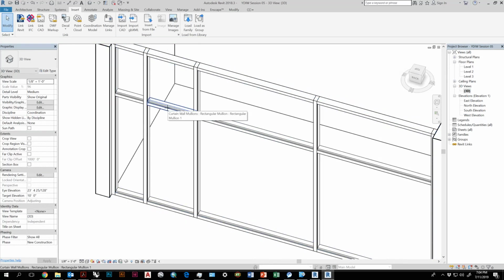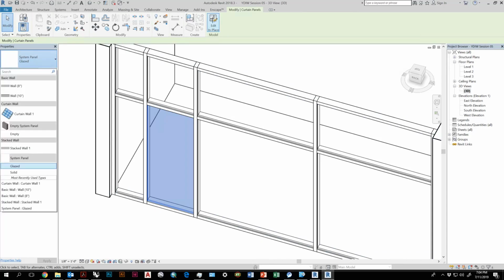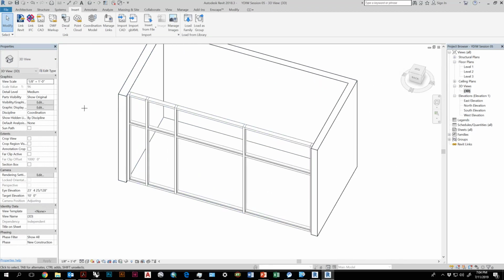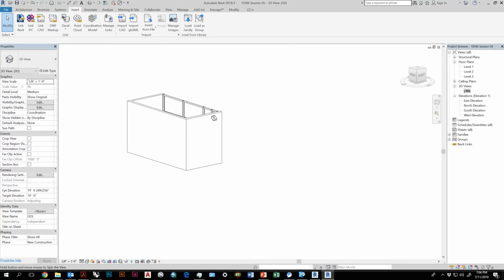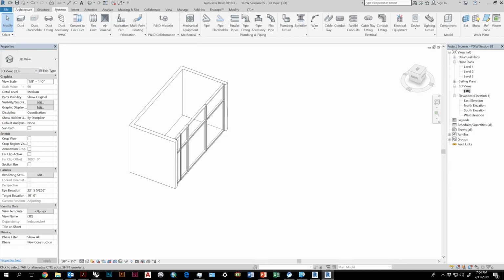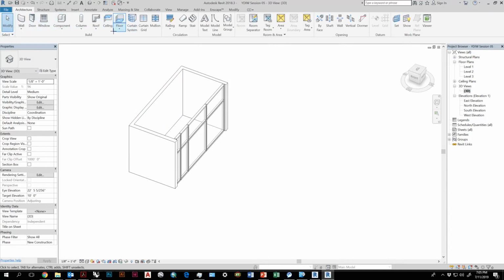But you click on the family here, or the glass. You would load the family for curtain wall glass or a curtain wall door, and then it would show up here in your library, and then you can click on it, and that will become an actual door in your file. So sorry that that's not available for me at the moment. But okay, so we'll go back to other things here.